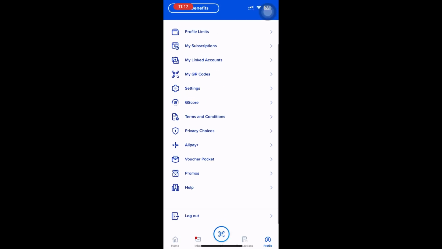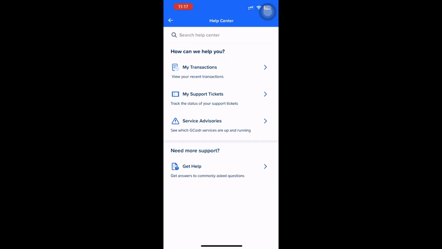Help. So, to keep it simple, open GCash, go to Transactions or Activity, select the payment, open the details, then screenshot, download, or share the receipt if available. And that's how you get a receipt from